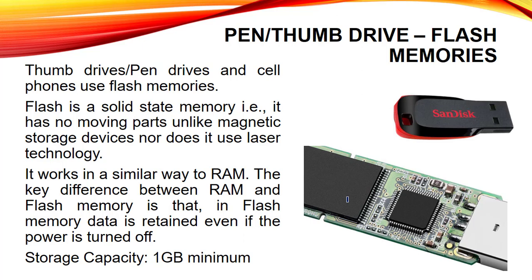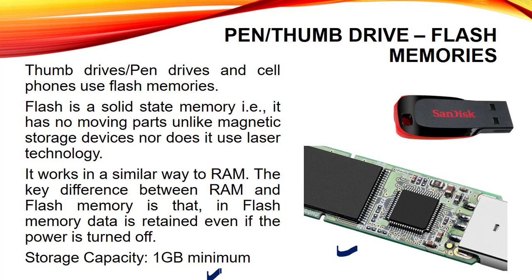in RAM data is temporary in nature. It means if you switch off the power, the data will be erased, whereas in these flash memories the data is permanent in nature. Permanent means when you turn off the power, the data will not be erased. And the best thing is that these flash memories are available in a variety of sizes. The minimum capacity of a flash memory available nowadays is 1 GB. It can have various sizes, and the most commonly available maximum size is 256 GB or 512 GB.